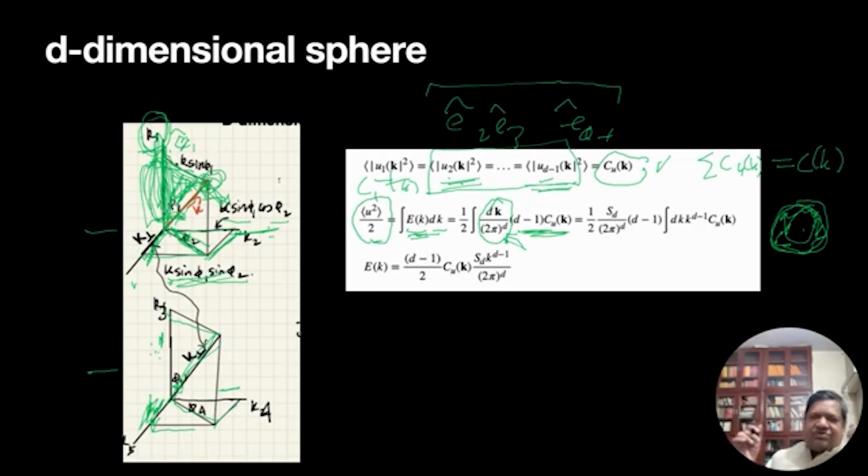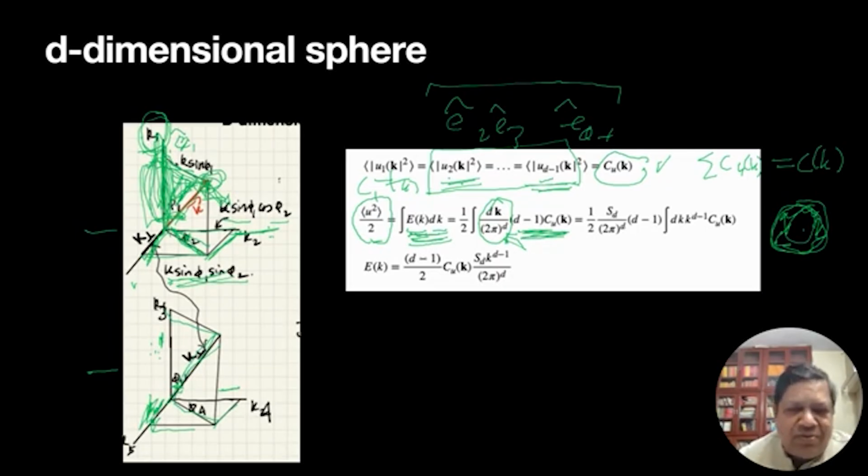an infinite box. In a Fourier transform in a finite box, we have 1 by the volume of the box, but in infinite dimension the volume is infinite, so we work with 1 by 2 pi to the power d. We will not get into why it happens, but you can look at a standard book where you can find the origin of this 2 pi. Okay, so we have an expression for the 1D energy spectrum and